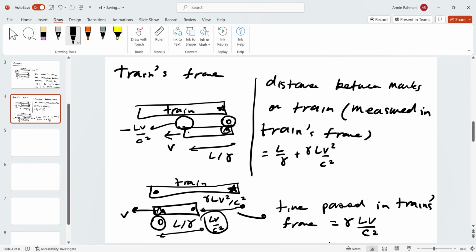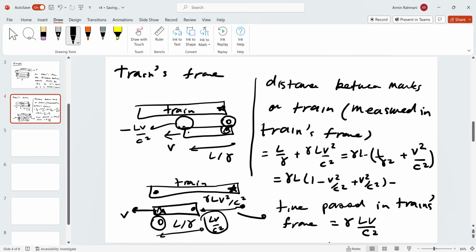So I can factor out a gamma L. Then I get 1 over gamma squared plus V squared over C squared. 1 over gamma squared is 1 minus V squared over C squared, over C squared plus V squared over C squared. That's gamma L. So that's consistent with what we found when analyzing the problem in the other frame,